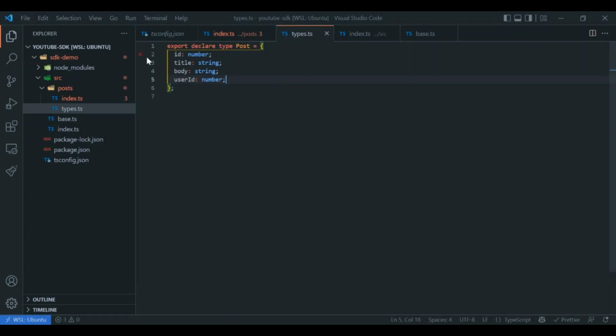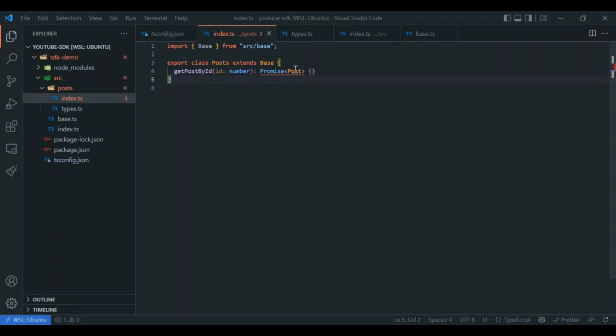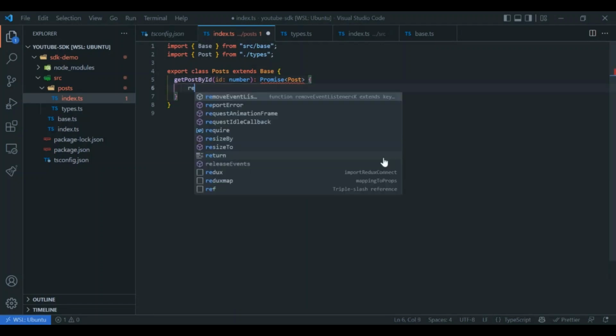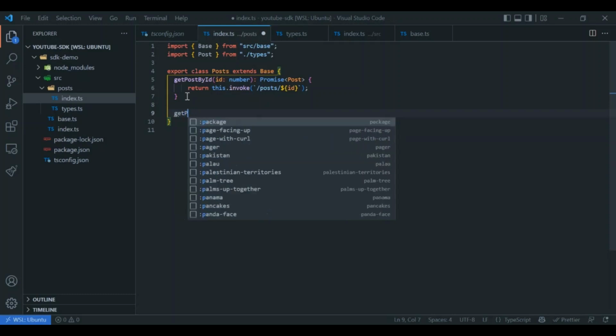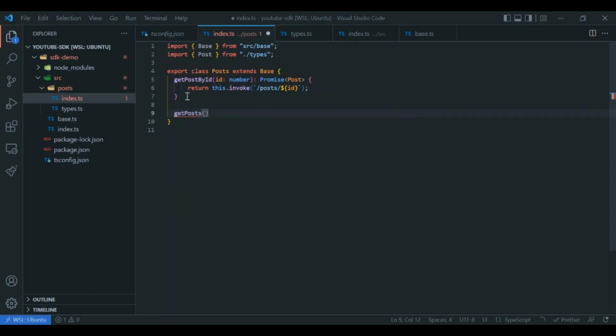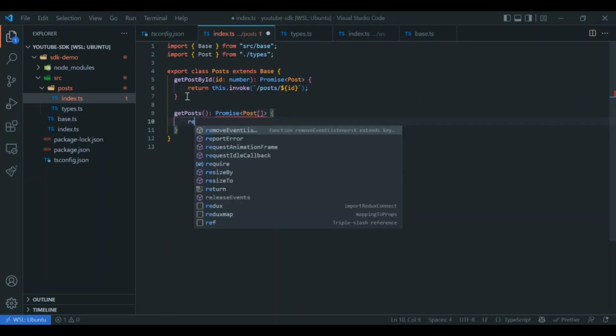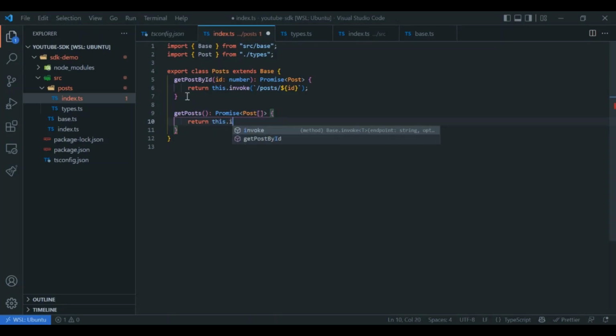Okay, so once I have this, I will go to my Post and import it. Great. And within this we just need to return this.invoke, /posts/id. Basically what this invoke will do is append this to the base URL and then return back the response. Now the next method could be getPosts. This getPosts will not take anything and it will return an array. So we can do return this.invoke,